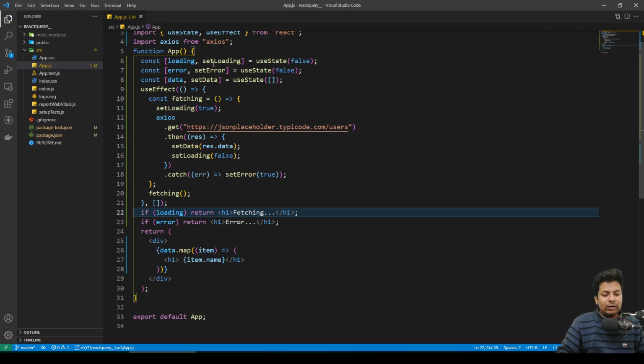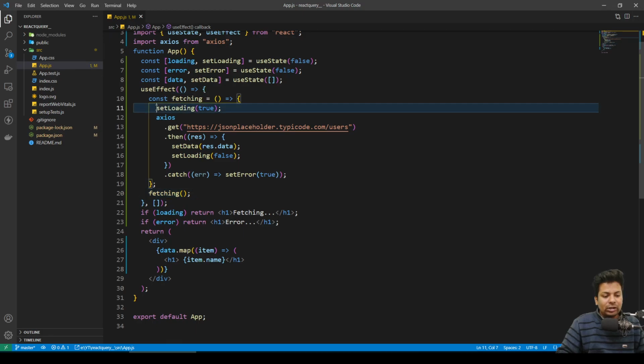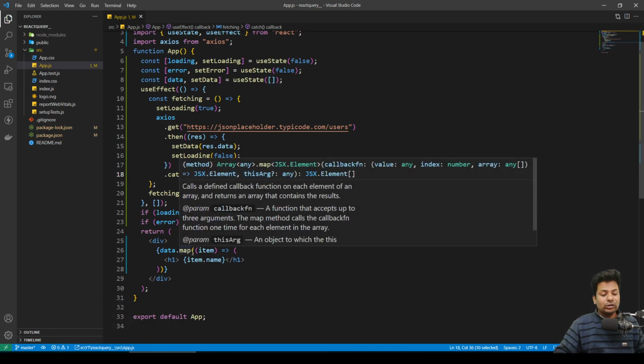Suppose you want to fetch some data: you have a loading state, error state, data, then one useEffect, then you make a function, call the function, set loading true when you load the data, on response set the data, then set loading false, set error. So much has to be written with Axios, and you can just do it in 2 or 3 lines with React Query and you get so much data.